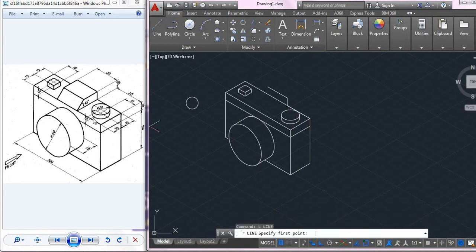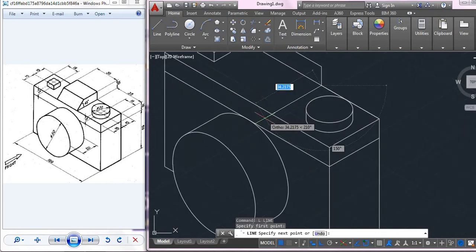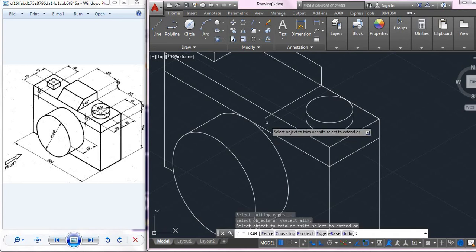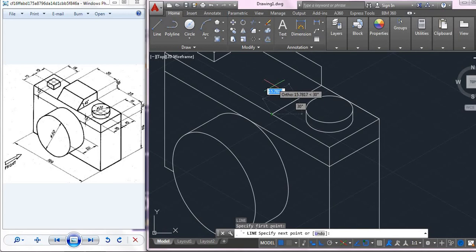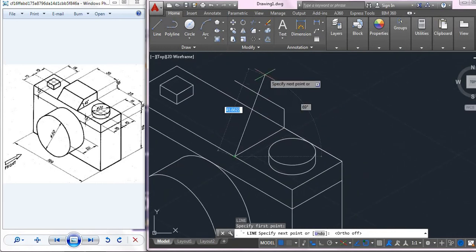So what I will do is, we'll take a line. From this end, I will be drawing a line so that it catches this line. Go for trim, we'll trim this line, and so this end line I have drawn here. And now from here, I will be taking a line. I will turn off my ortho mode, and I will be giving an angle here.